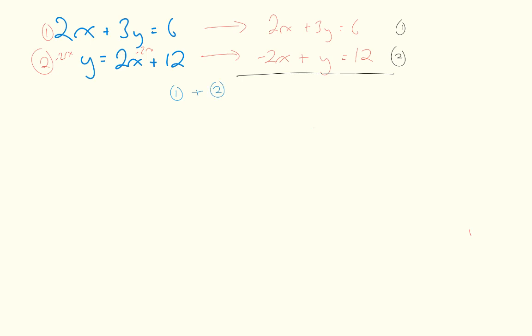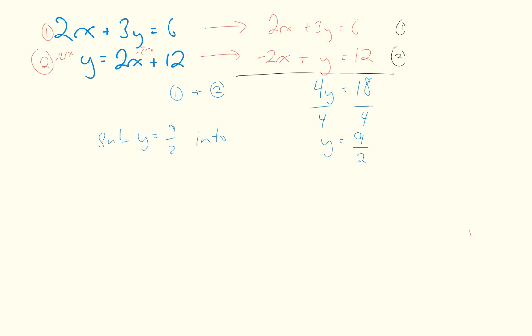And here we go. 2x plus negative 2x is no x's. 3y plus y will give me 4y's, and the 6 plus the 12 will give me 18, in which case I will divide both sides by 4, and I'll get 18 over 4, which is a fraction, 9 over 2. I don't fear fractions, so I will just sub y equals 9 over 2